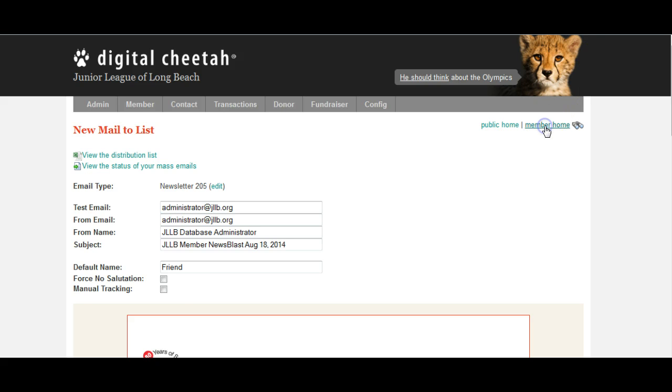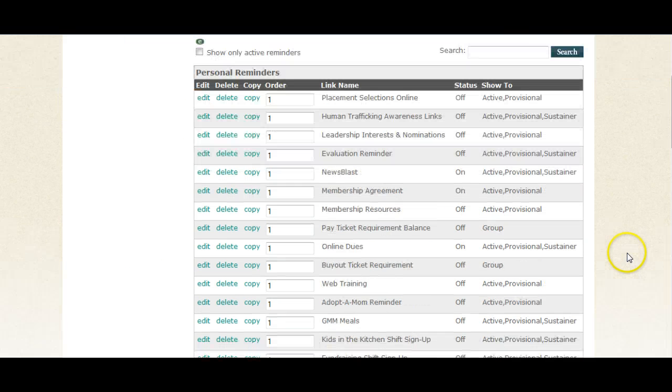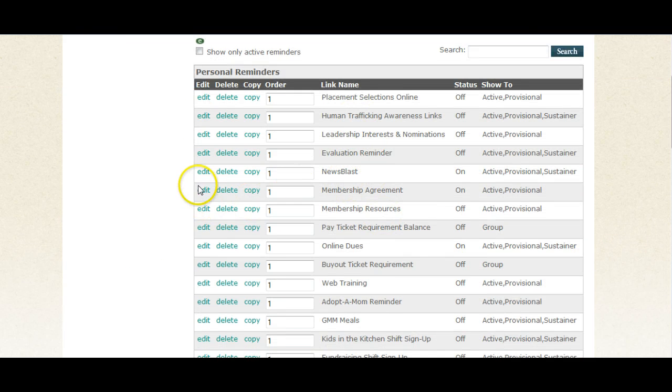And one other thing I want to show you real quick is how to update these links here on the personal reminders. So for the blast, what you have to do is after you send it, you want to update the link to the correct blast. So we're going to click on admin, click here to edit links. That will bring you to a page, and you're going to look for the news blast. You click edit,